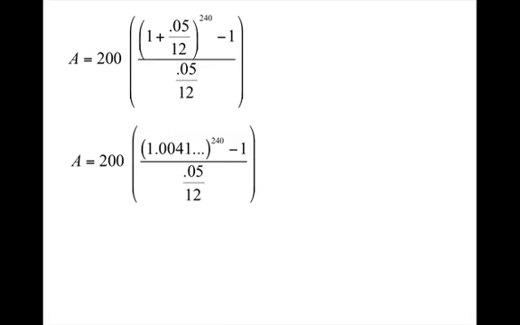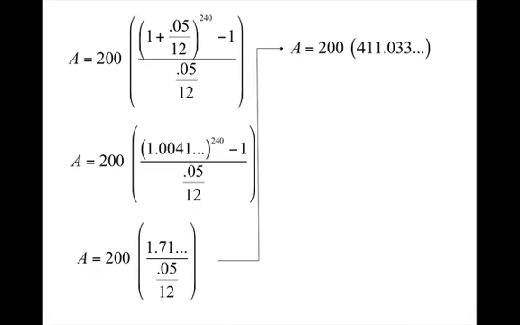So let's look at this on paper. I began with the 1 plus 0.05 divided by 12, and that gave me 1.0041, and that decimal continued on. When I raised that to the 240th power, I got 2.71. Then when I subtracted 1, I got the 1.71, and that decimal continued on. When I divided by the 0.05 divided by 12, that gave me 411.033, and that decimal continued on. Then I multiplied by 200, and I got the